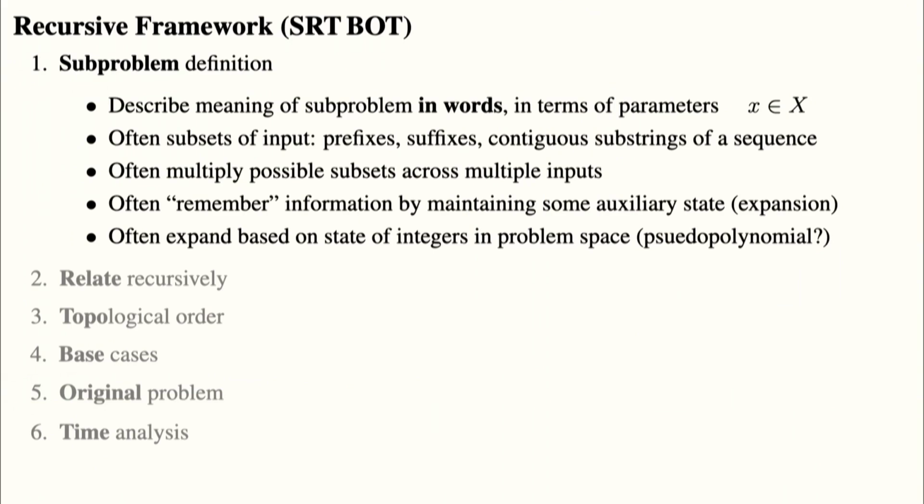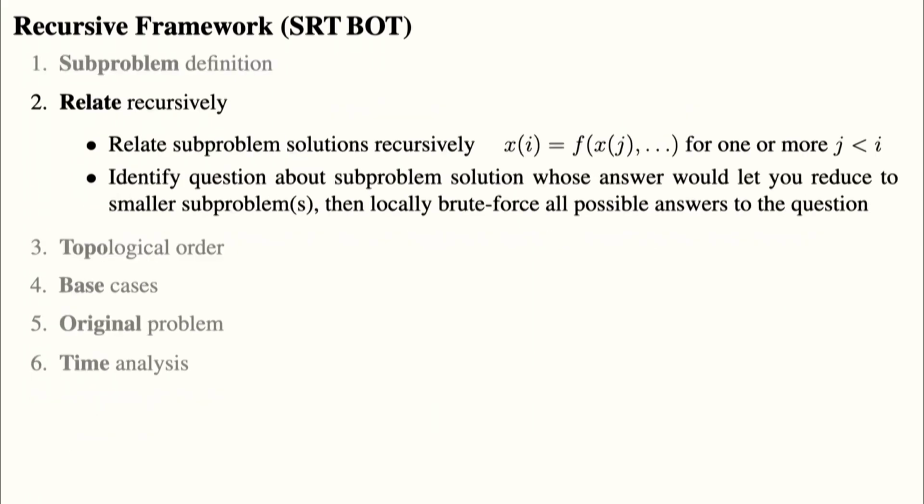Okay, so that's subproblems. This is really the key part about dynamic programming, the recursive part. This is what makes it hard: choosing a set of subproblems. Often you build subproblems to fit well with a relation. So usually building these subproblems is closely coupled with the next step, which is relating the subproblems